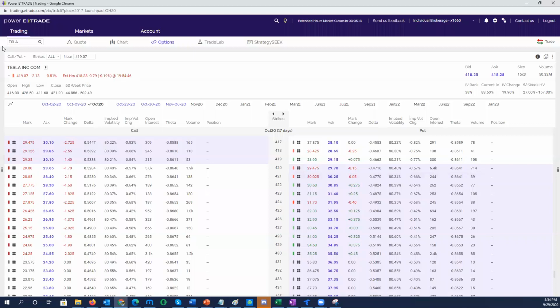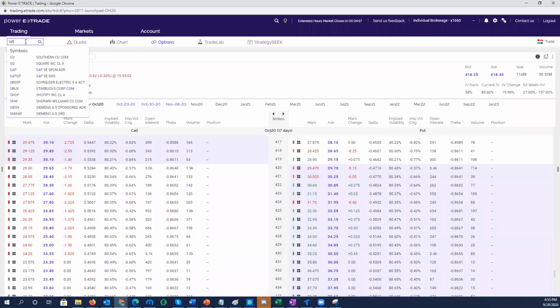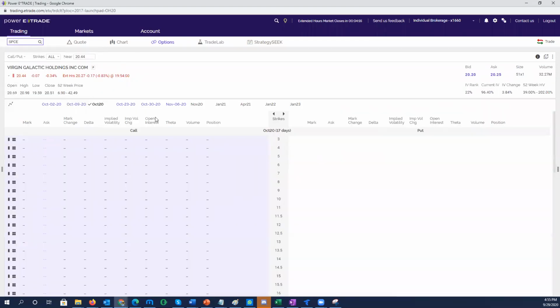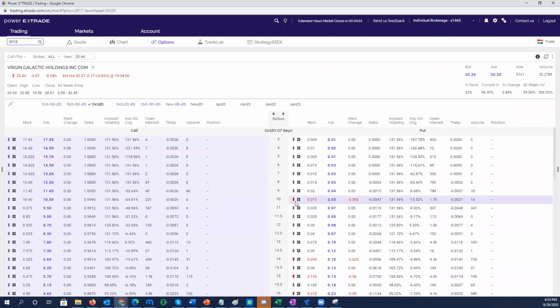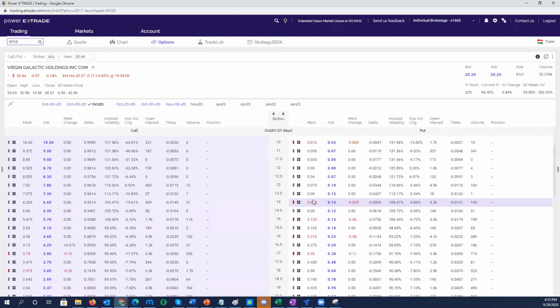Whenever you are selling naked puts, always look at stocks below $30 or below $50. Maximum $50, don't go more than that. There is a reason for that, I'll tell you why. Suppose, have you heard about this company named SPC? A lot of people make a lot of money on this one, even in our trading group.